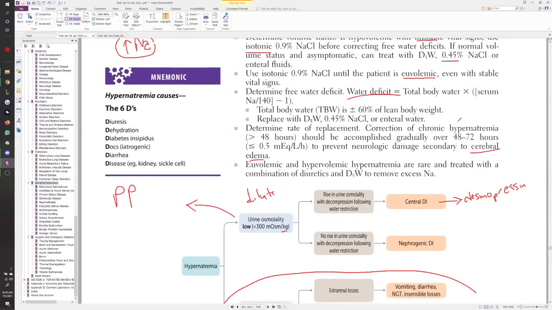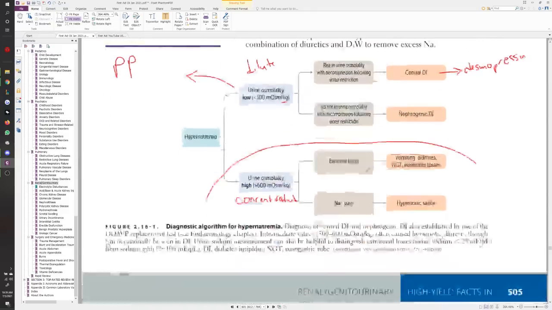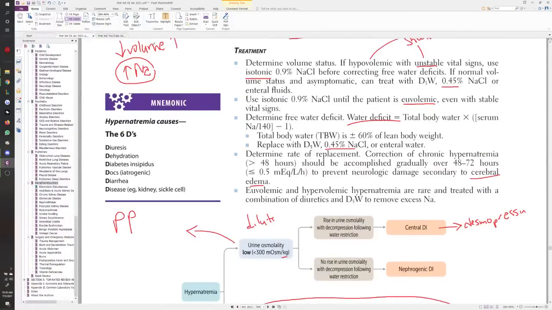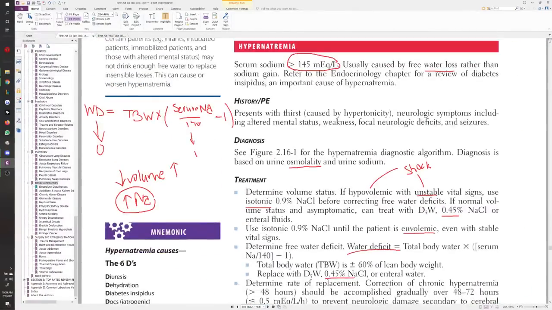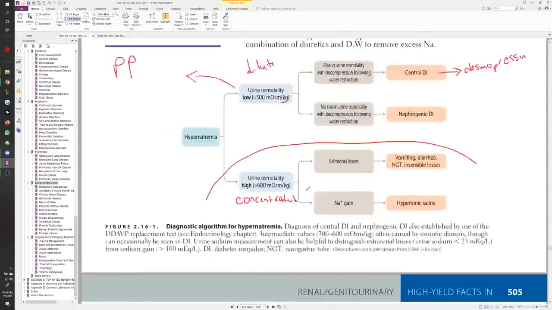This one I remember though. Total body water multiplied by serum sodium divided by 140, minus 1, is going to give me my water deficit. That one I remember. All right. So always remember, you fix the volume first. If the person's volume is fixed, then you can move to 0.45% NaCl. Otherwise, no. Right. So that was basically your revisitation of the osmotic demyelination syndrome, which is also now still relevant for the next part,